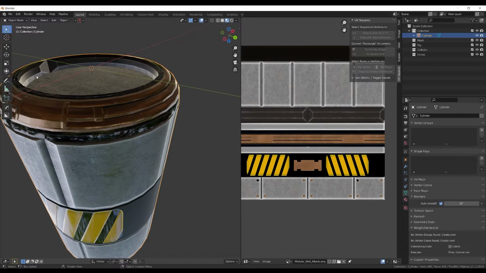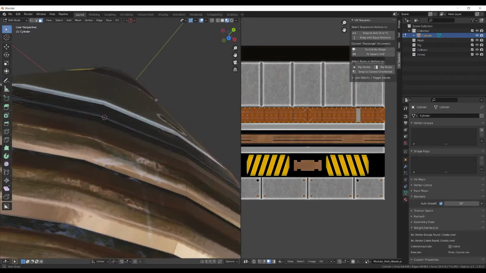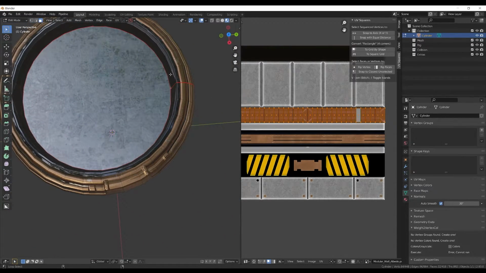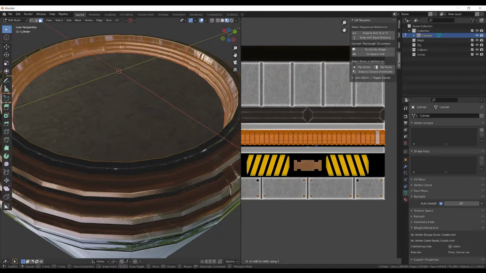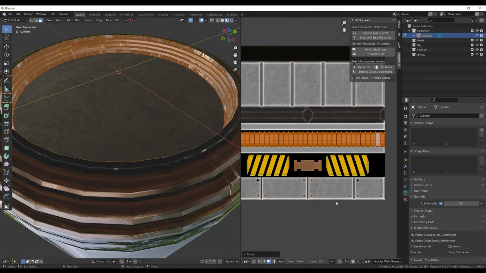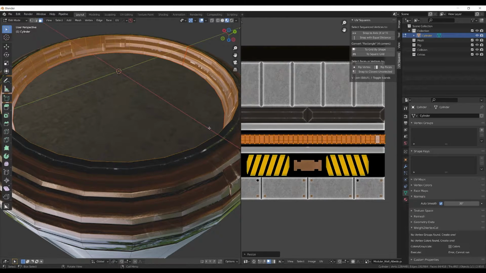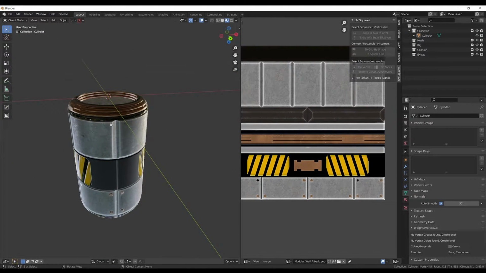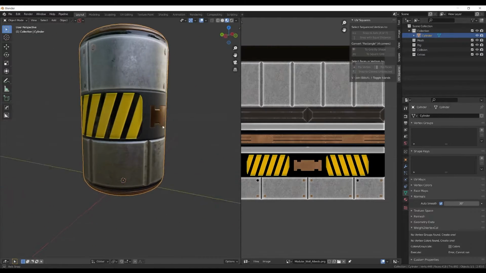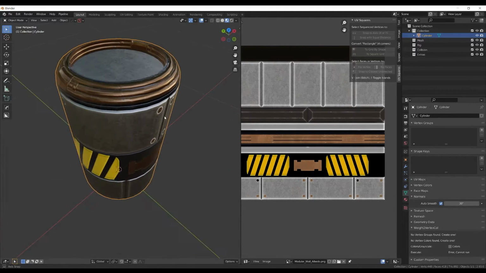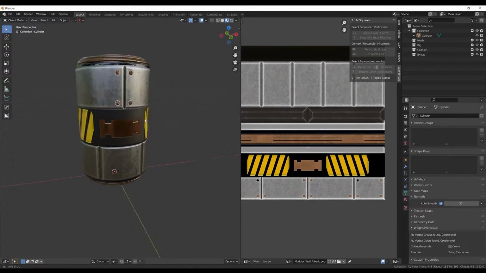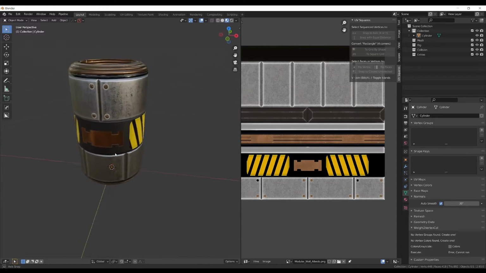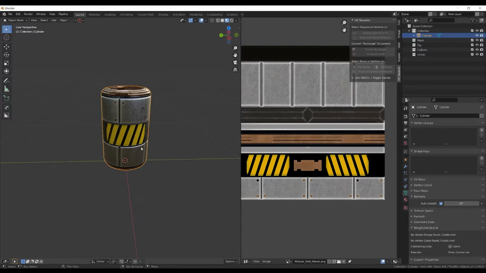And I'm not a massive fan of this inner bit. So I'm just going to get those edge loops. Let's see, could always move them down here, get some more of the metal work in. Does that look okay? Okay, so I think that looks okay, and just for the purposes of the demonstration, it doesn't really matter too much. So you can see that we've got our barrel here,